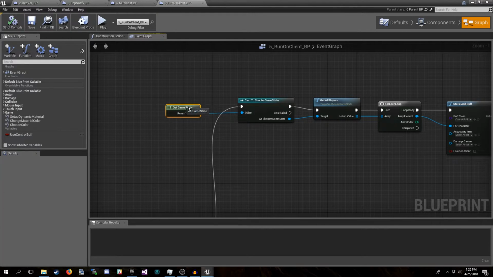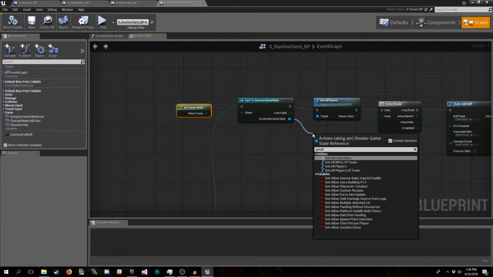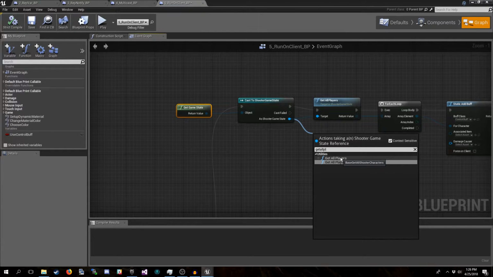The game state actually exists on both client and server, unlike the game mode, which only exists on the authority. We will get that, cast it to shooter game state, and then from it, after dragging on that, you'll use the get all players function.